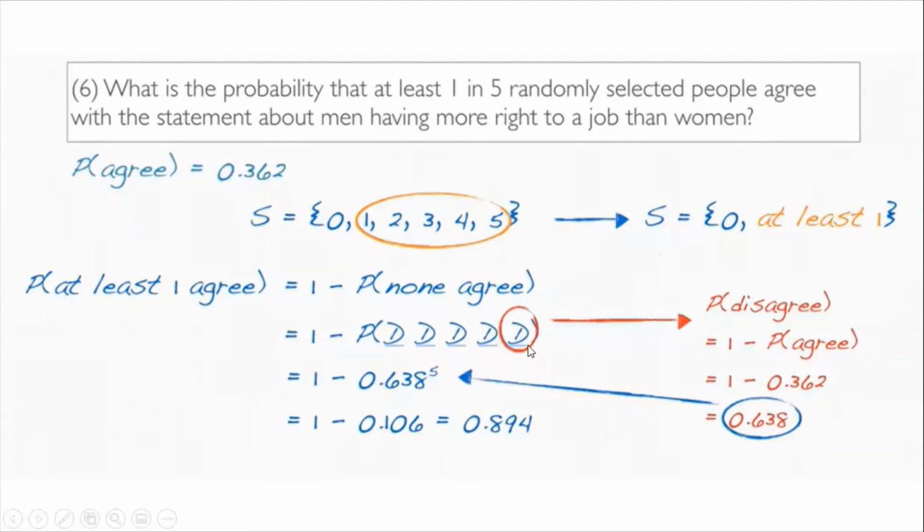You can try on this red side. What is the probability of disagree? It is the same as 1 minus the probability of agree, and then you get the probability of disagree of 1%,